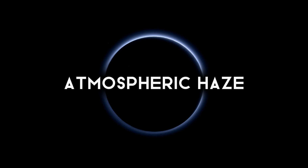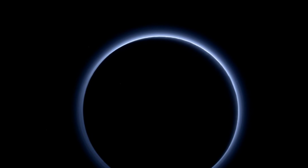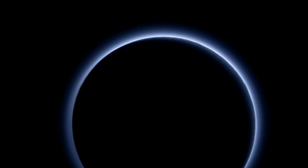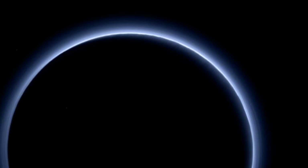Pluto's haze layer shows its striking blue color in this picture taken by the New Horizons RALPH multispectral visible imaging camera. This high-altitude haze is thought to be similar in nature to that seen at Saturn's moon, Titan. The source of both hazes likely involves sunlight-initiated chemical reactions of nitrogen and methane, leading to relatively small, soot-like particles known as tholins. These particles grow as they settle toward the surface, creating the beautiful blue haze we see in